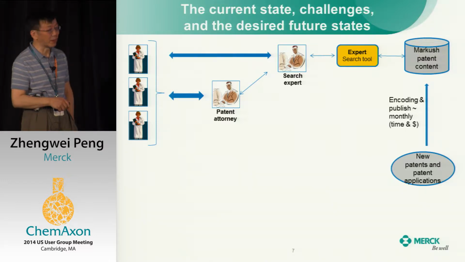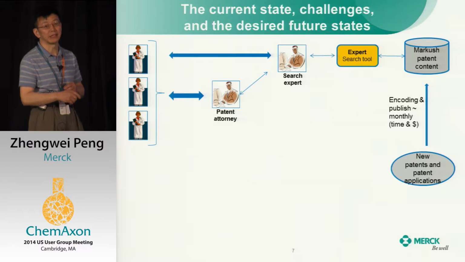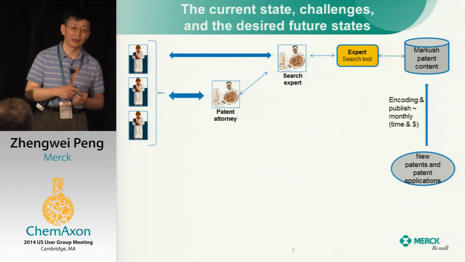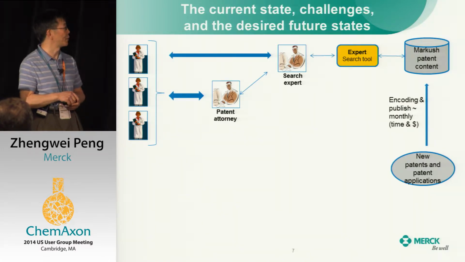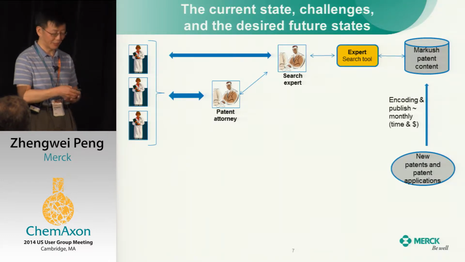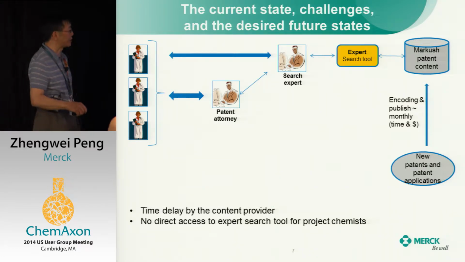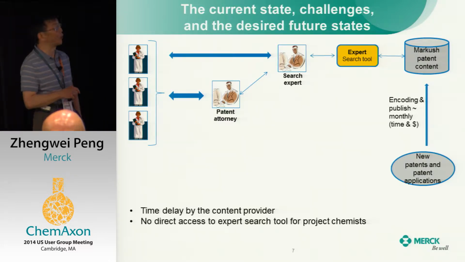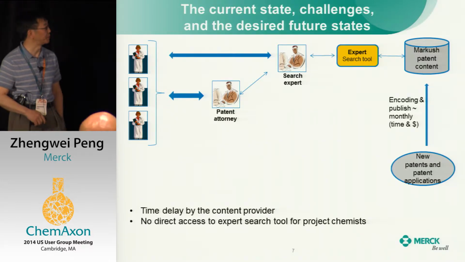And further, as the companies are downsizing, of course, there is an impact on the searchers as well. At least for the company I'm working for, a number of searchers start to disappear without rehiring, and also reorganization. So there's pressure for the chemist to do it themselves, for the patent lawyer to do this stuff themselves. But it's very hard to work with the expert tool. So I already mentioned that the time delay is one issue. And the second is that without direct access to the search tool, all this in-depth analysis is just an academic exercise. It's not going to happen.